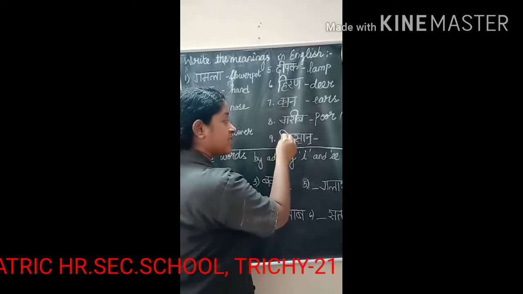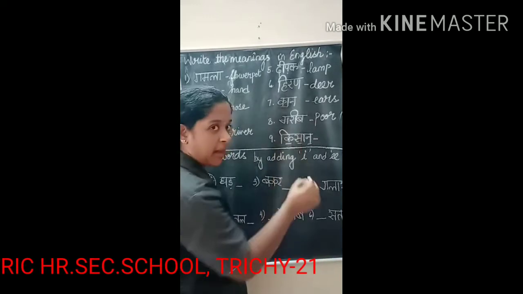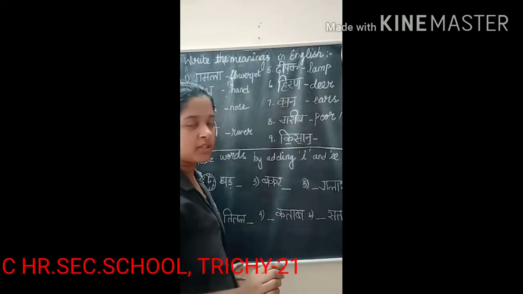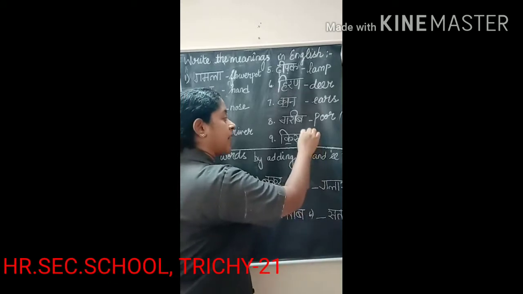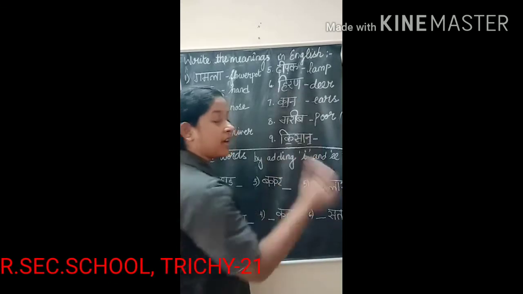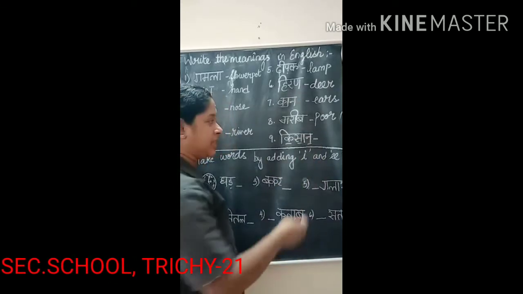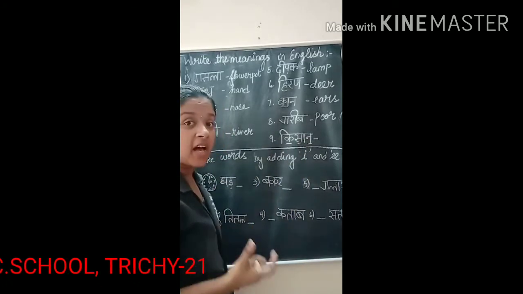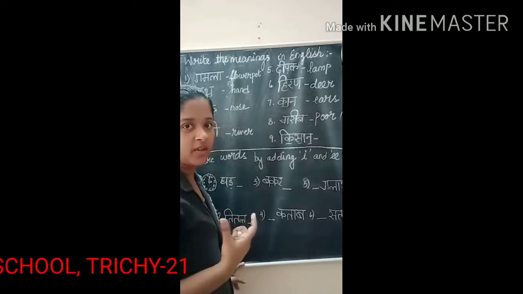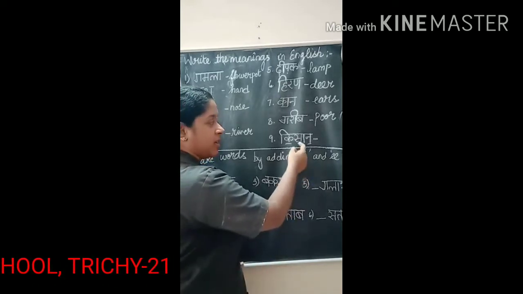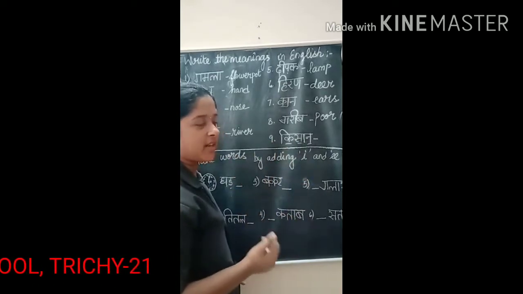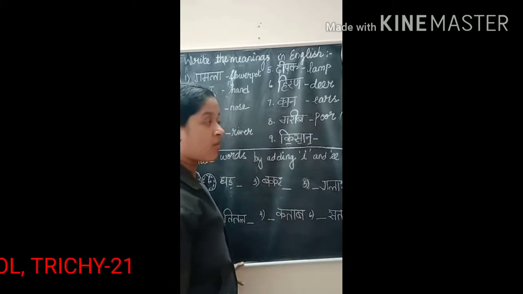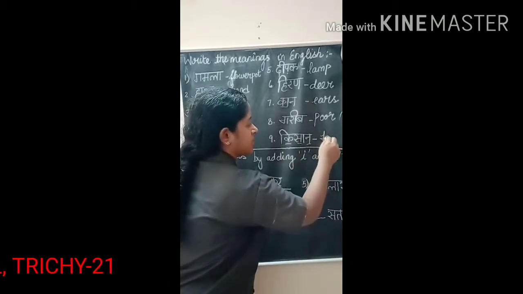For the first one, since it is the symbol of E, I'm not giving any stress to the consonant Ka. And Sa is having the symbol of A, so fully giving stress to the consonant Sa. So we pronounce it as Kisan, giving stress to the consonant Sa. Kisan means farmer.